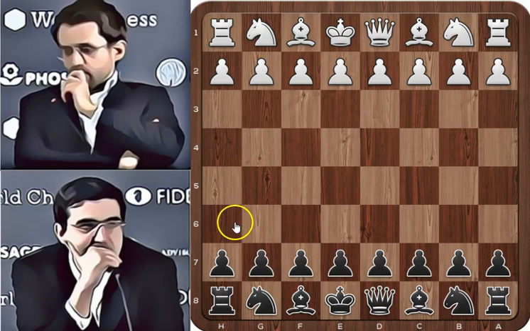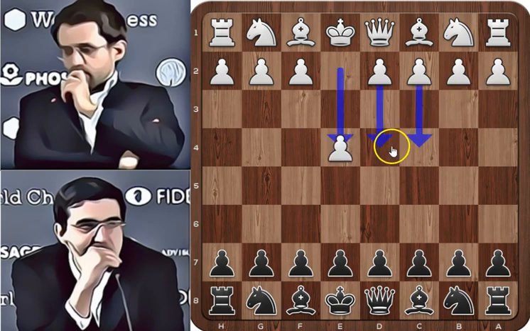Hi everyone, in this video I want to show you a game between Levon Aronian and Vladimir Kramnik. The game was played in the Candidates tournament from 2018, round 3. Let's see the game. Levon started with e4, which is a surprise because he's usually playing c4 or d4 on